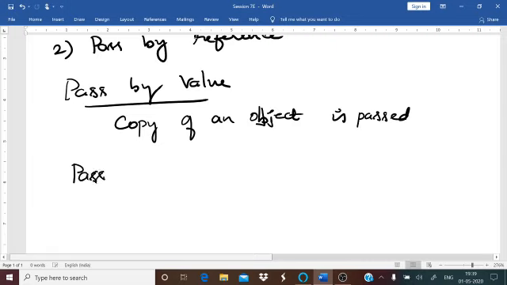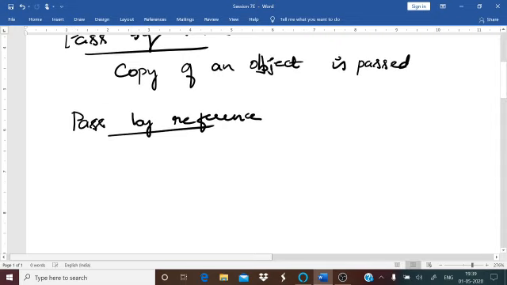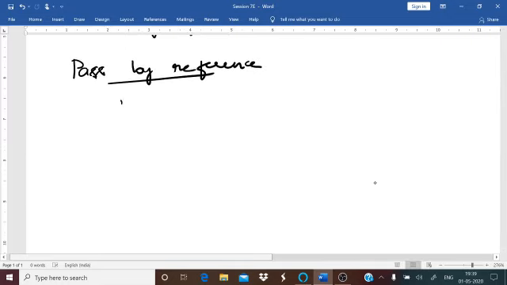The next is pass by reference. So what happens in this method? Here you are not passing the value, you are passing the address of the object. The address of the object is passed to the function.